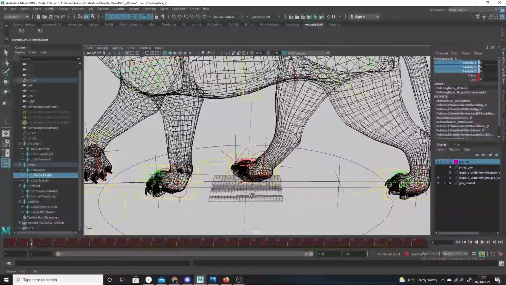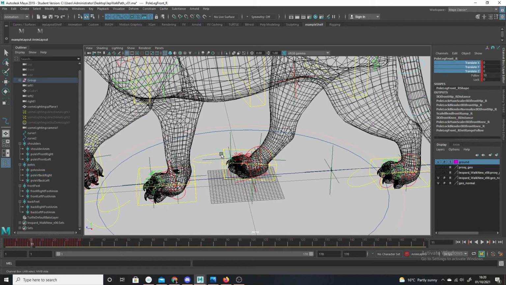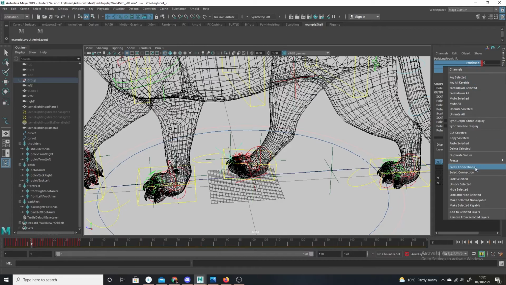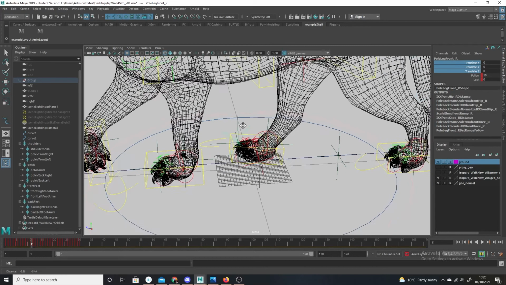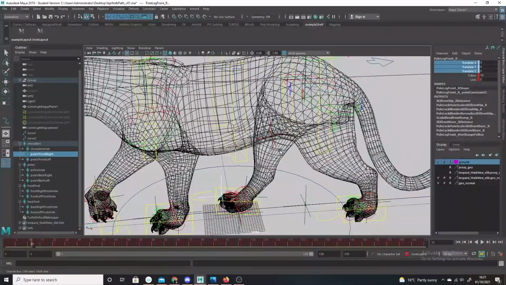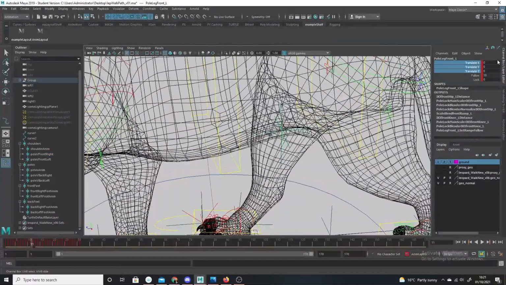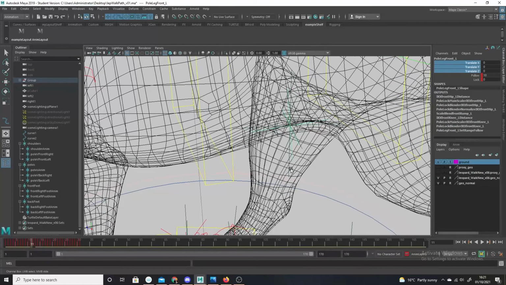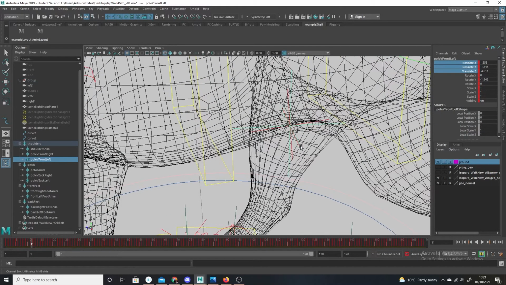Then I'm going to do this one, which is the pole leg front right. I will break the connections here, and then I'll select the locator, and then this, and go constrain point. And then I'm going to go to this one here. I will break the connections, then select, this is our locator, and then this is the